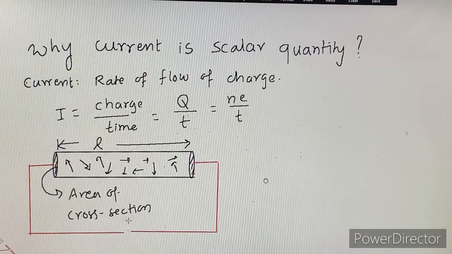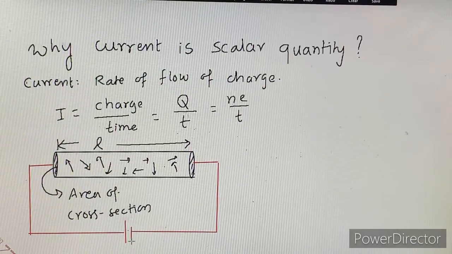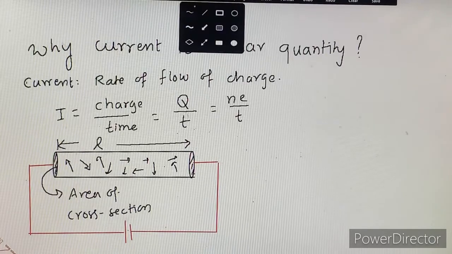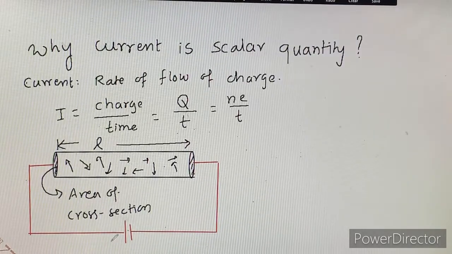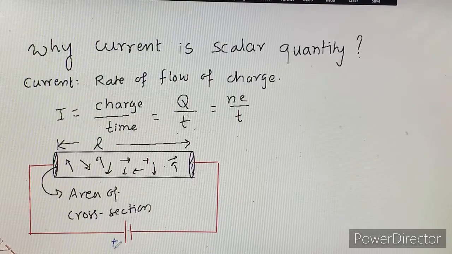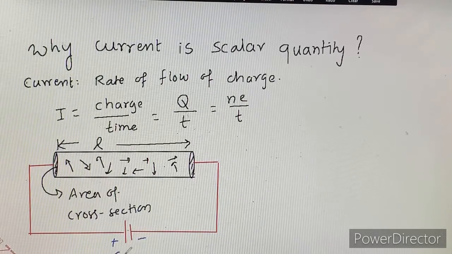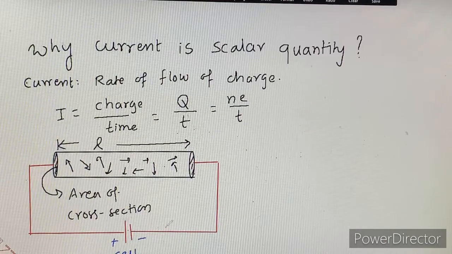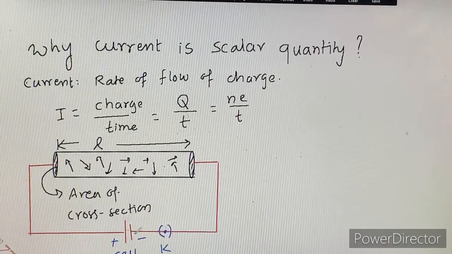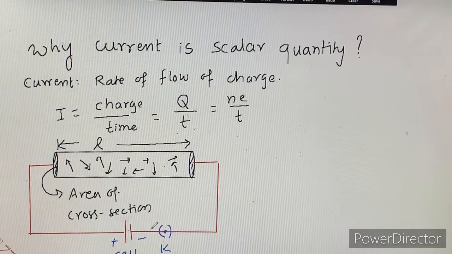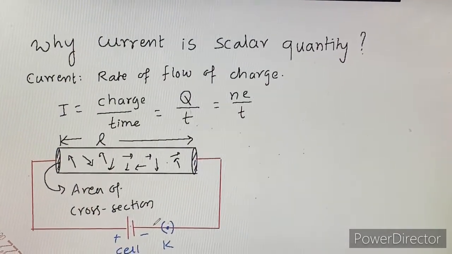This is our cell. I am taking this as the positive terminal. This is the cell. Here is a key, it is called a plug key. The key is closed. Now electrons, being negatively charged,